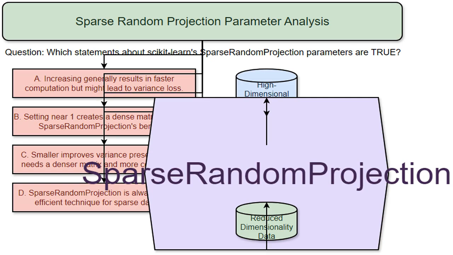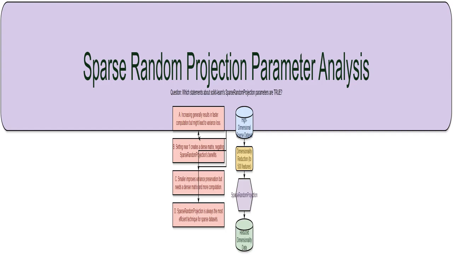SparseRandomProjection is the specific dimensionality reduction technique used here. It's chosen because it is computationally efficient for sparse datasets. This statement describes a parameter in